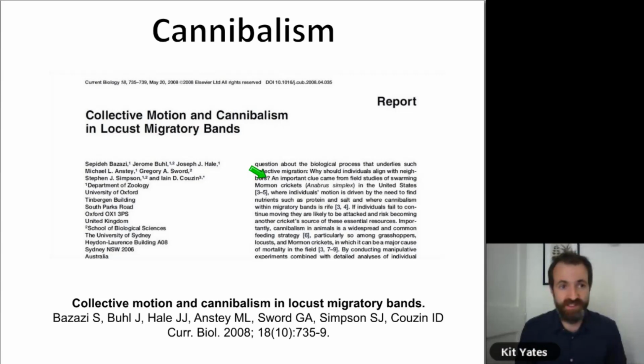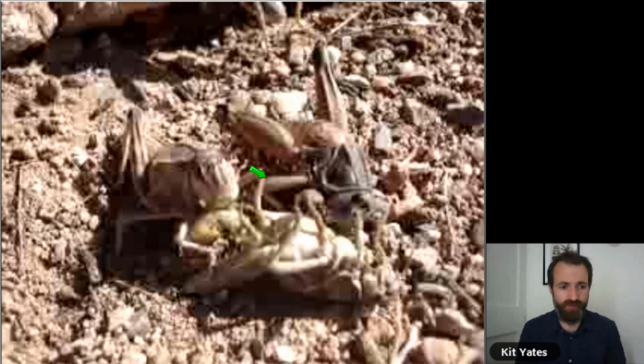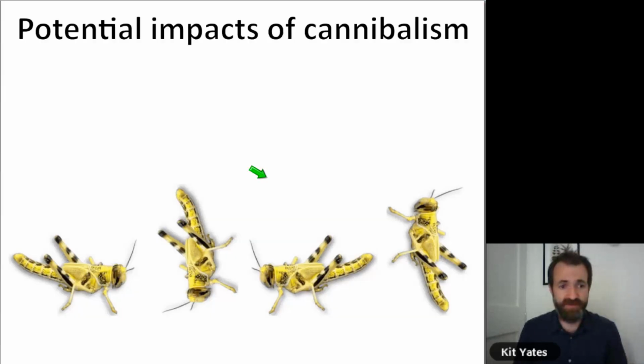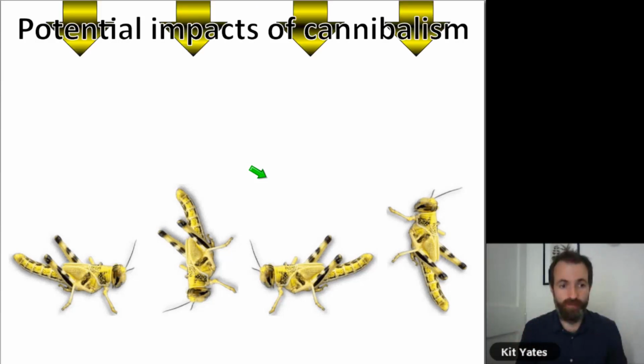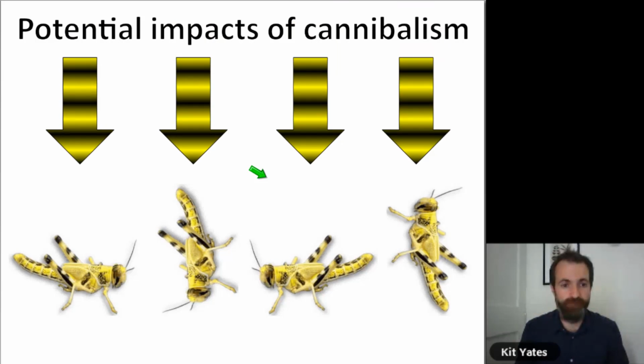So there are lots of interesting experiments about cannibalism, and one in particular was done on Mormon crickets. So here's a lovely gruesome picture of locusts eating each other. It's a real thing. One particular experiment that was done with Mormon crickets in the desert in Utah was to take these crickets, stick them down by their belly onto a piece of cardboard, and put them in 4 different orientations with respect to an oncoming swarm. So this is the swarm coming on here.